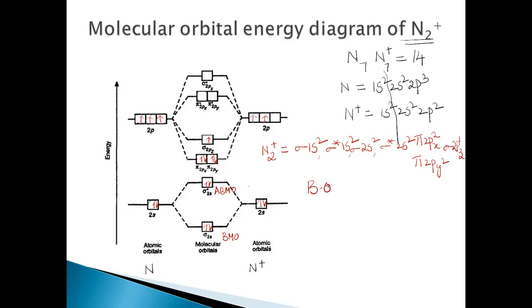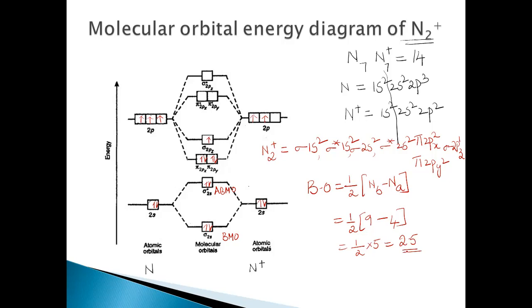When calculating the bond order, it is half into the number of electrons in the bonding molecular orbitals minus the number of electrons in the anti-bonding molecular orbitals. So the bonding molecular orbitals are 1s and so on, giving 1, 2, 3, 4, 5, 6, 7, 8, and 9. Anti-bonding, so sigma star 1s has 2 electrons, 4 in total, only 4, because here pi star are not filled. So half into 5, that means 2.5. So the bond order is 2.5.